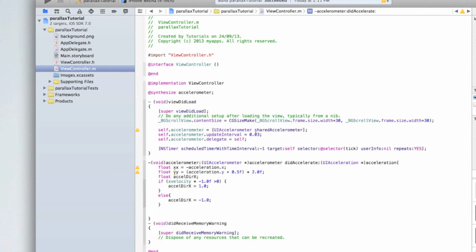So that's settled the direction and whether it's changed. Now we need a new direction. So float new direction, and again I'm using the shorthand. And then if xx is more than 0, then we want the new direction to be equal to 1.0. And otherwise, we want new direction to be equal to negative 1.0. So then we can close that, we need to add a semicolon of course, and then we can close that